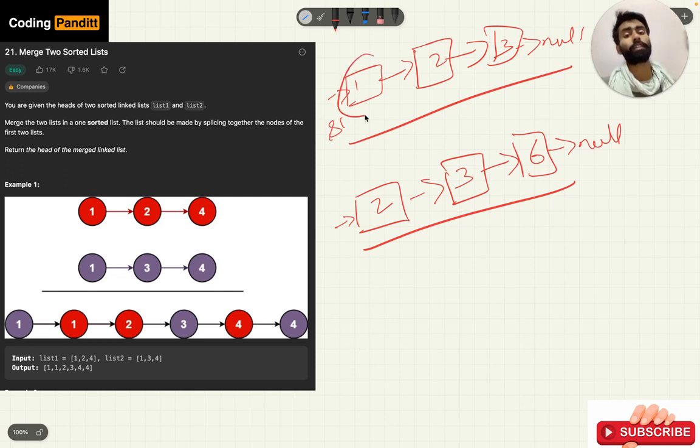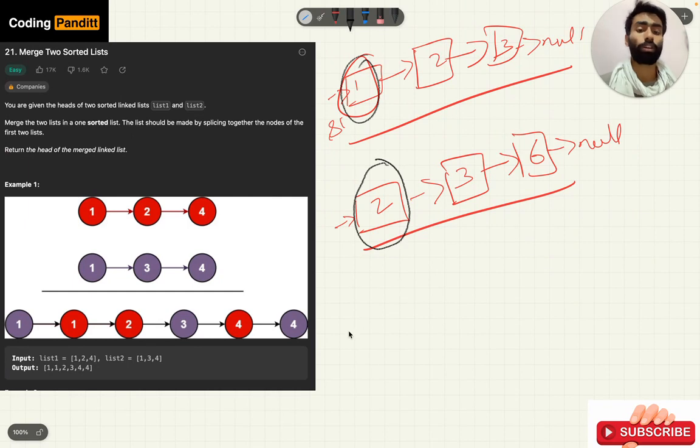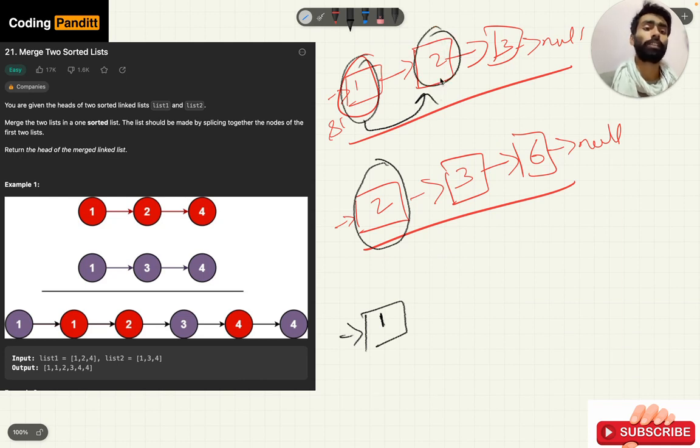Meaning we will first compare the first element of the first linked list with the second linked list. In this way, the smallest one will be added first, and the pointer of this linked list will be incremented to the next, and now we will compare this element with this element of the other linked list.